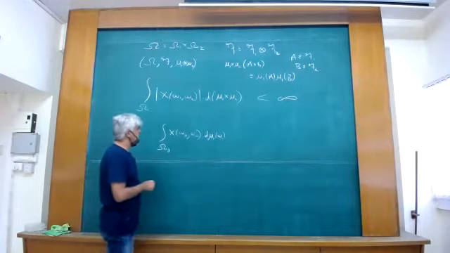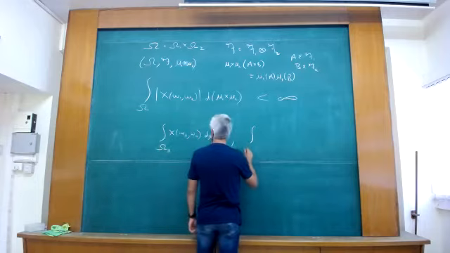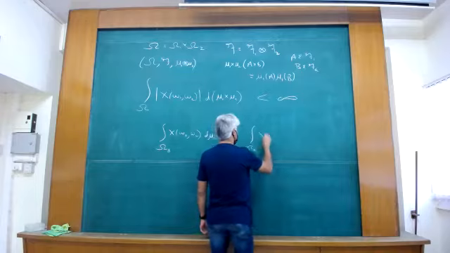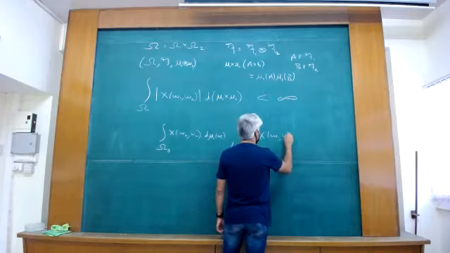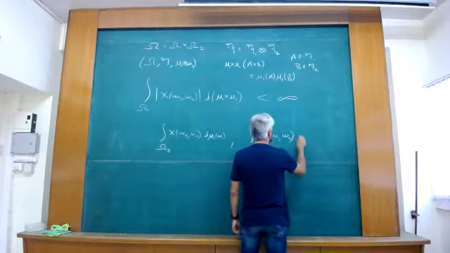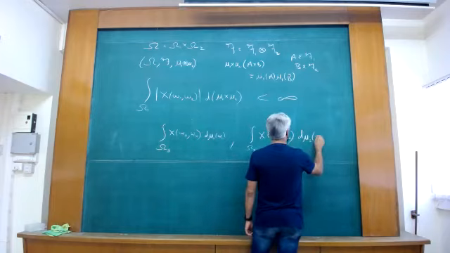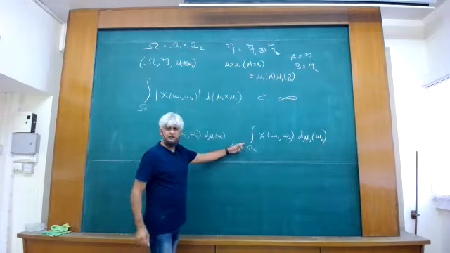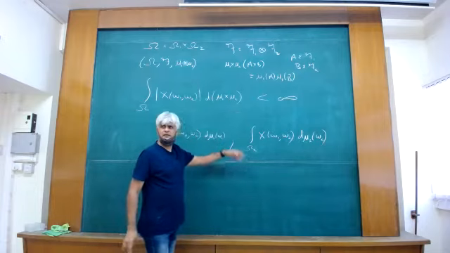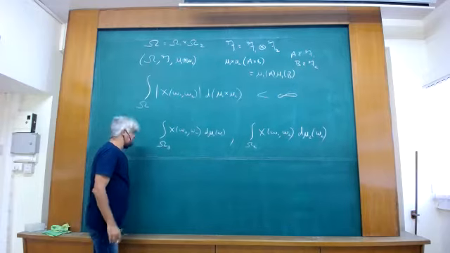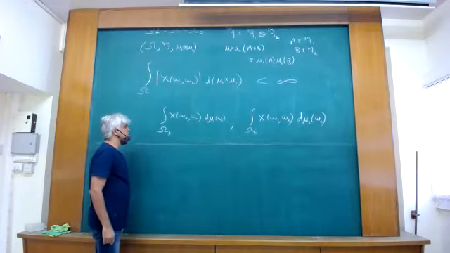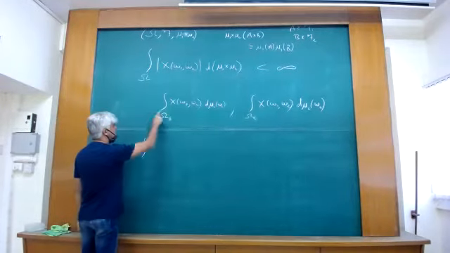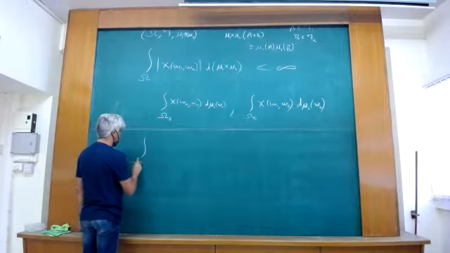Similarly, I can go to omega 2, and integrate over omega 2 with omega 1 fixed. So this is a function of omega 1 now, and again it's a measurable function of omega 1. And then one can show that if I integrate this function over omega 1,